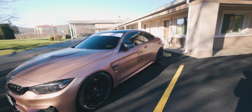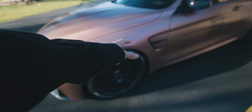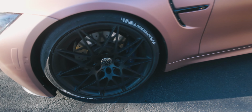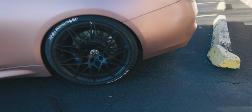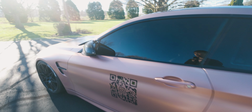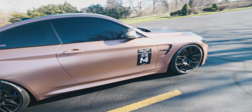Everything is pretty much stock. It just has a downpipe, mid pipe, and a stage 1 tune. Everything in the motor is OEM. I recently just did the tire lettering on here, the Michelin. I just used a normal paint pen, and it held up pretty well. It did rain earlier and it didn't wash off at all. It's still pretty nice and bright. I've had my QR code on the side for a while. That just leads to the Instagram page. And then I did change out the top banner to one with CLICHEBUILT. We put the website on here, CLICHEBUILT.com. Played around with some vinyl and created this